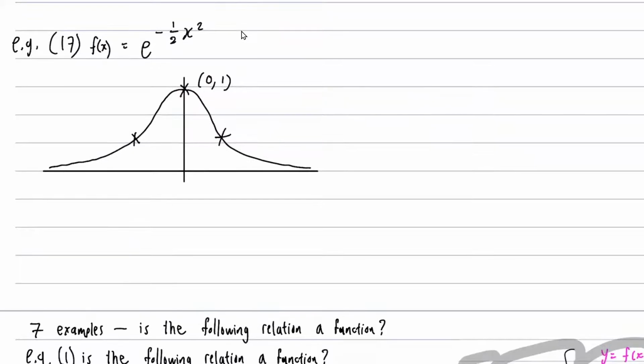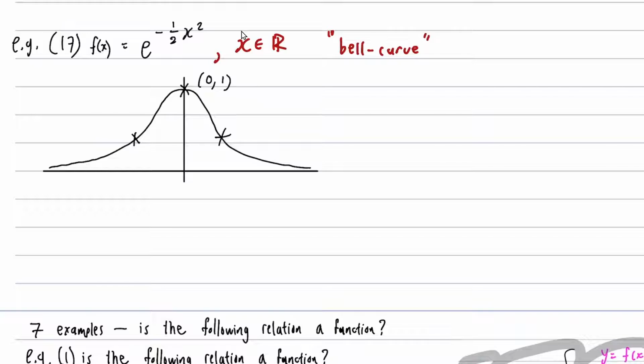This one is what we call the bell curve. Oh, wait, I forgot to put a domain. This is what we call the bell curve: f(x) equals e to the power of -½ x squared. Bell curve. Have you seen it before? Graded according to a bell curve. You heard of that? Yeah. So basically,